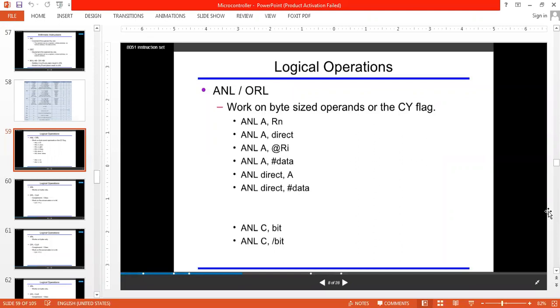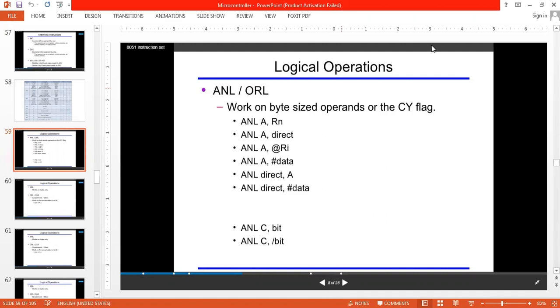So until this, we have discussed the data transfer instruction set and the arithmetic instruction set, right? Now we will go for the logical instruction set. Everyone has worked upon the basic logic gates in the previous semester, the third semester, where you also did practicals on them. Now here we have very simple instructions.